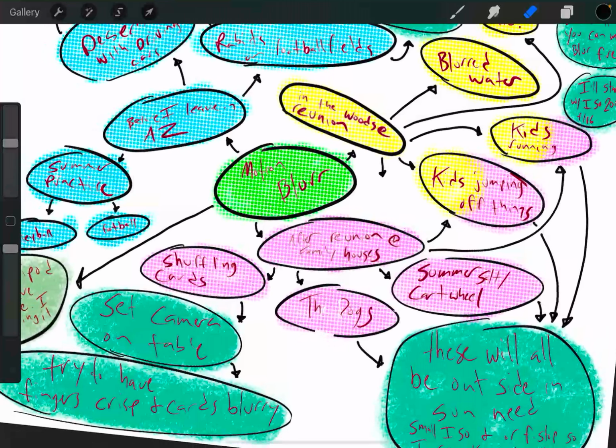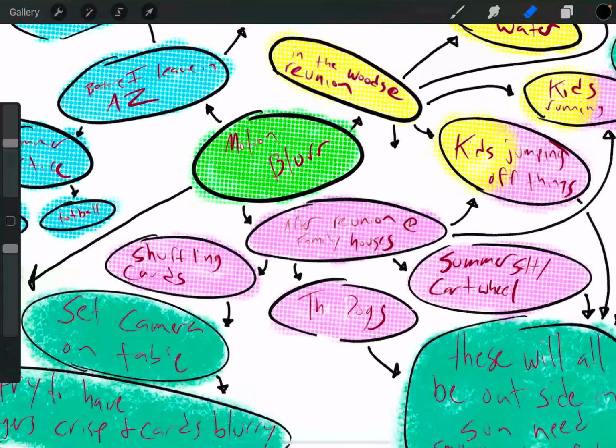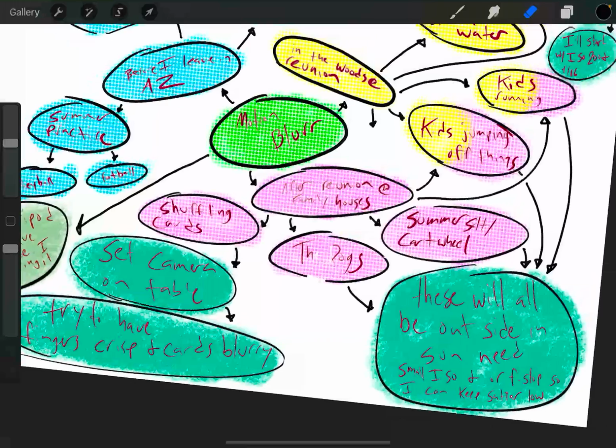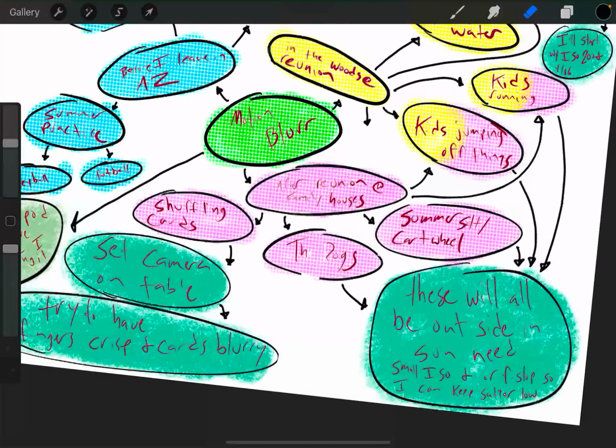For after the reunion at families' houses, I was thinking again of the kids, and maybe people doing somersaults, cartwheels, or the dogs. For all those shots, I knew those would be outside shots in the sun. So I would need a small ISO or f-stop to keep the shutter speed low to be able to get that